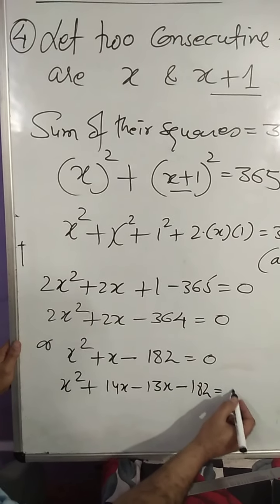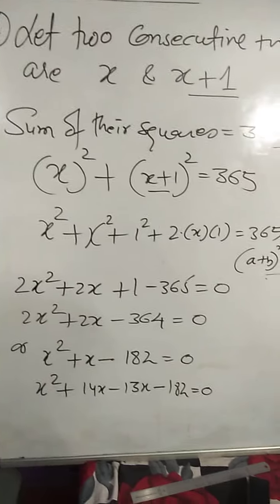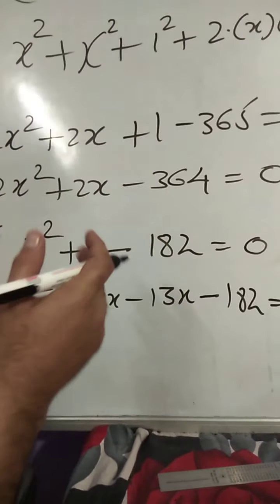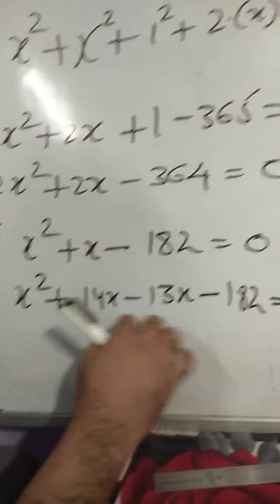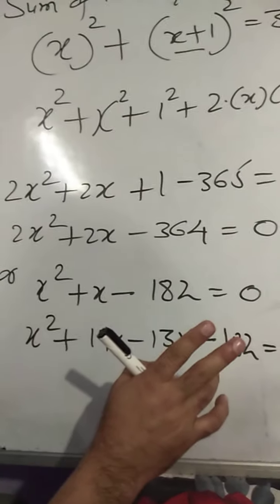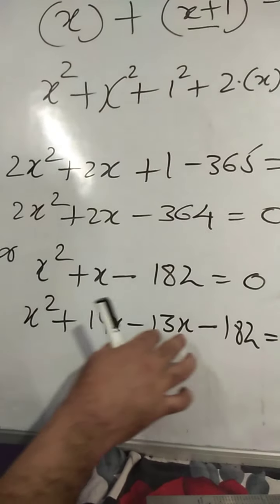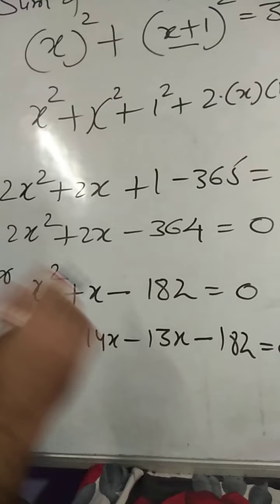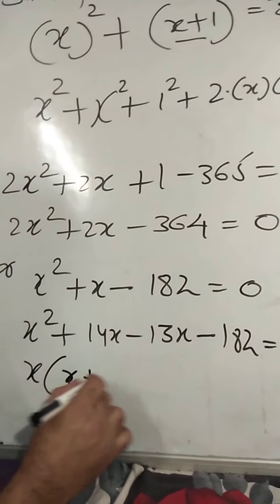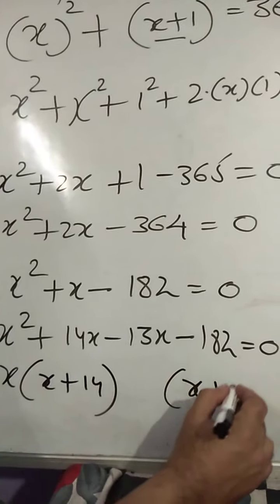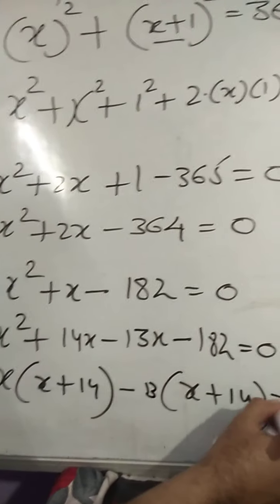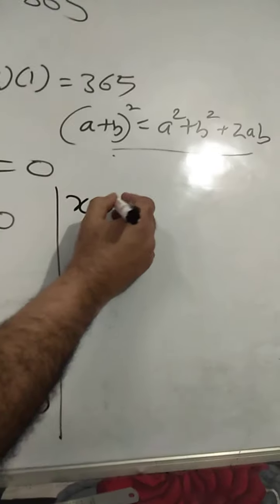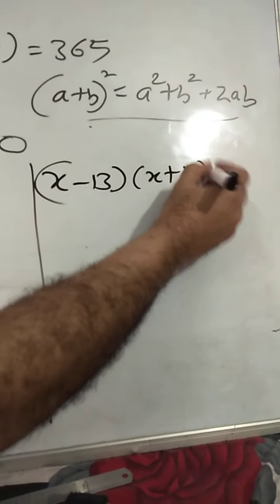और एक बात और याद रखना, जब भी आप मिडिल टर्म स्प्लिट करें, whenever you split middle term, if the middle term is 1x, तो जो दो टर्म्स में मिडिल टर्म स्प्लिट होती है वो हमेशा दो कॉन्सिक्यूटिव नंबर्स होते हैं. Remember this, right? It is 1x, then 14 and 13, always consecutive. First two, what is common? x. Copy paste x plus 14. Third term का sign minus. What is to be taken out? Obviously 13. So x minus 13 into x plus 14 equal to 0.